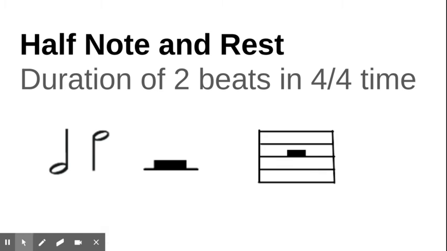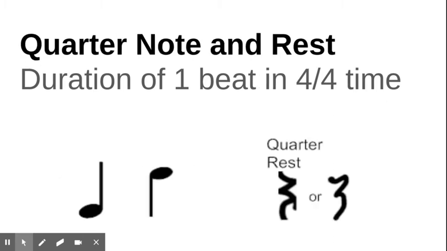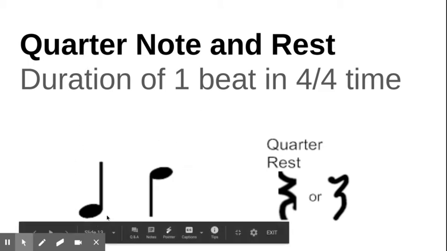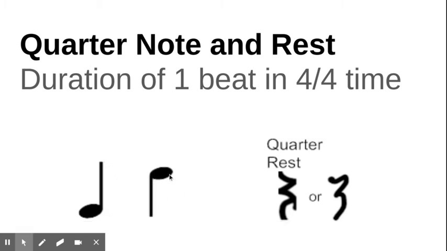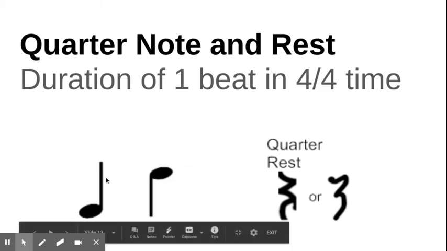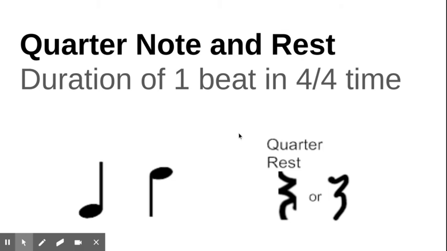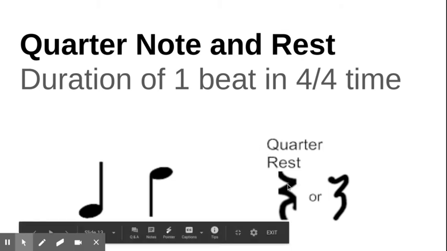All right. Half as long as a half note is the quarter note. Check your spelling, please. It's a very common mistake to skip this letter R here, but then you'd have a "quater" note, and that just doesn't make sense. So quarter note and quarter rest. Again, the stem could go up or down. In this instance, the note head is filled in, so that's visually different than what we had with the half note. Quarter rest. This is the one that I copied directly out of a printed score.